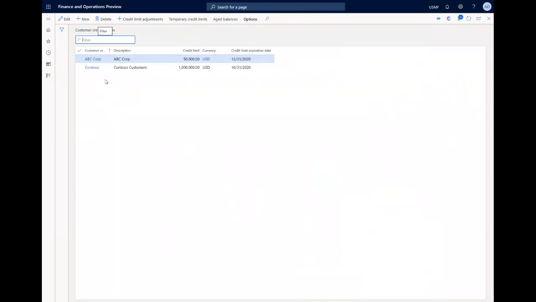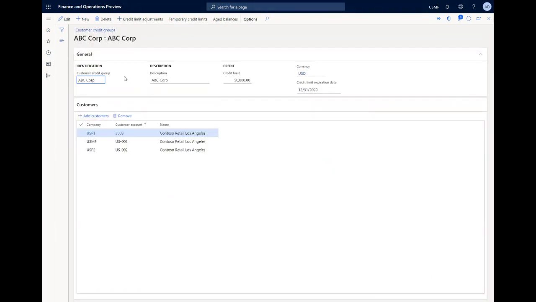You've got a customer that has a lot of related parties. In fact, it's better if they're related through the global address book, but they don't have to be. But what this does is you can create this group, give it a name, and give this group a credit limit. In this case, we have a 50,000 credit limit for that group. And then notice underneath there are 3 different customers in different legal entities on top of it that are part